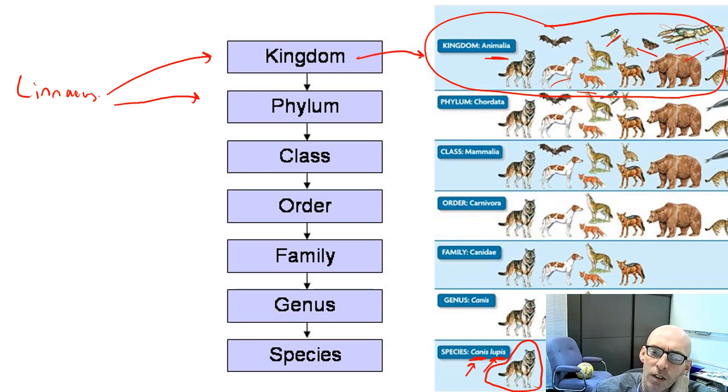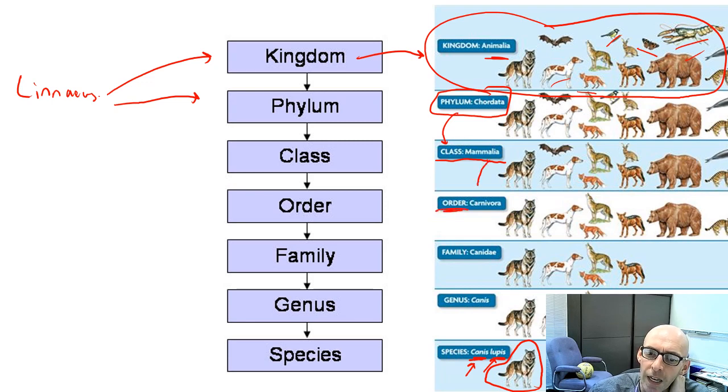But within that, you then split it into things that didn't have a backbone and things that did. So the ones that are here, all the animals with backbones. And there's 5 main groups in there. You've got your reptiles, amphibians, mammals, fish, birds. And then you've got a class. So we are in the class called mammals. We're not in the same order.